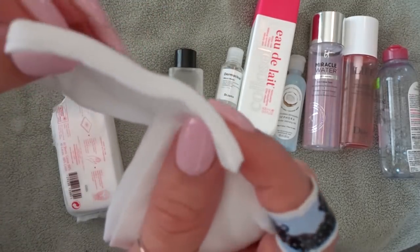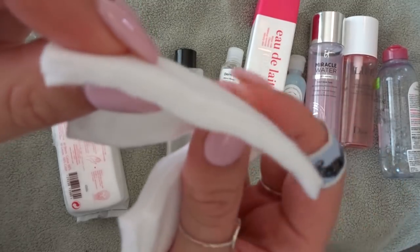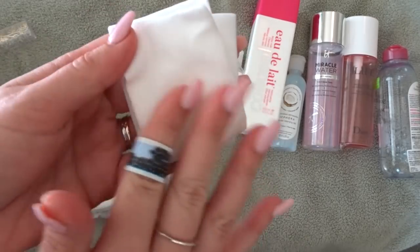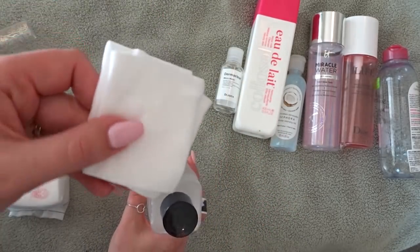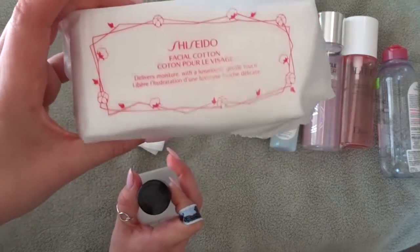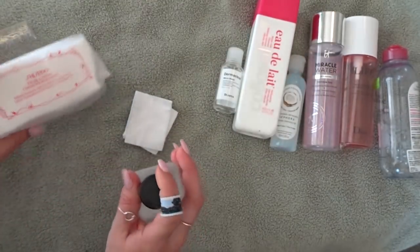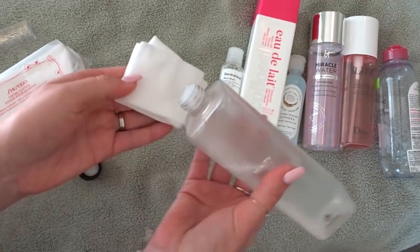But I love how thick they are. Like this is a single cotton pad. Look at that. That is just delicious. I love it. It's so effective. It's like baby soft and it feels great. Obviously at the higher price point, I personally wouldn't splurge on these for everyday use. But maybe if you're going on a nice trip or something and you want to just bring a little treat for yourself. I know I'm really weird that I think cotton pads are a treat, but seriously, these are